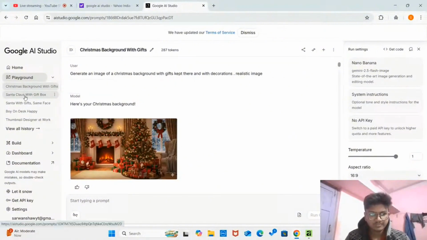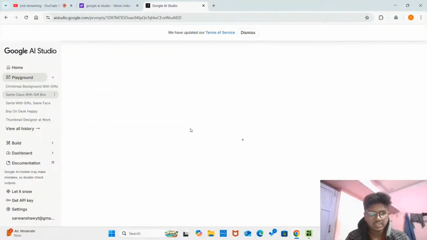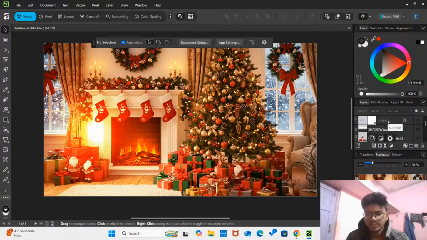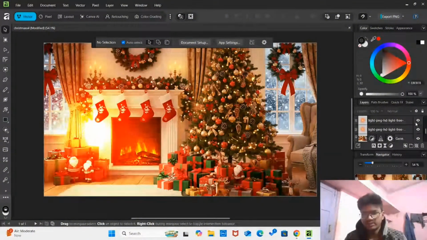Okay, now next one is our Glow PNG, and you can download Glow PNG from Google. It's free, absolutely it's free. So you can find it on Google, and you can download it. We again used it for better visibility, and then we added our character.